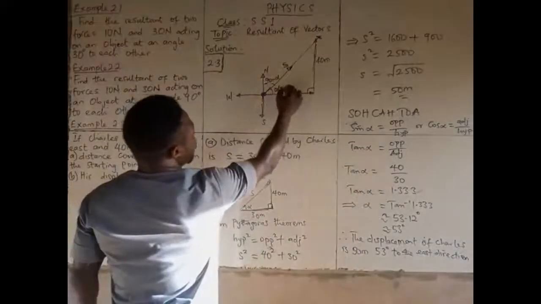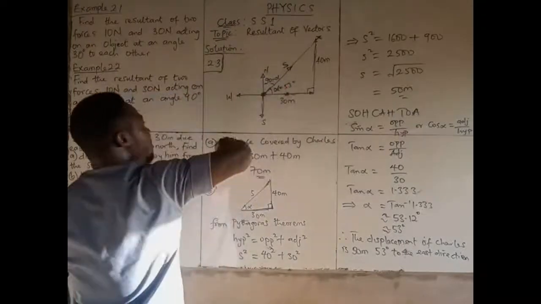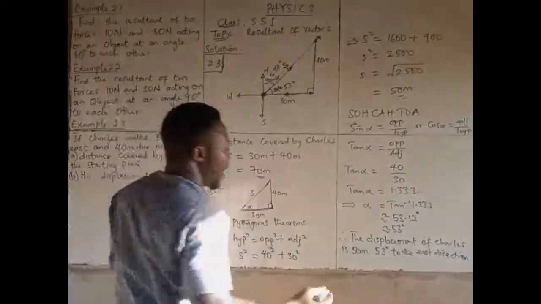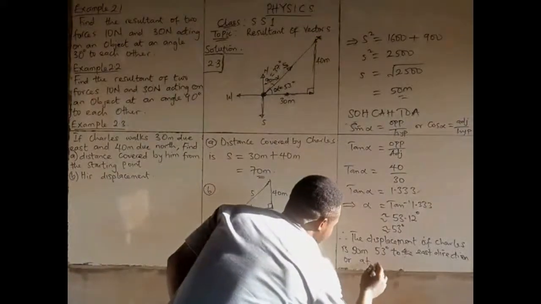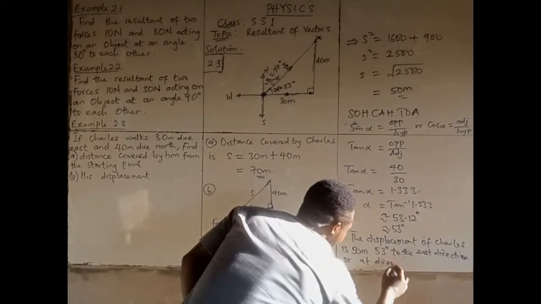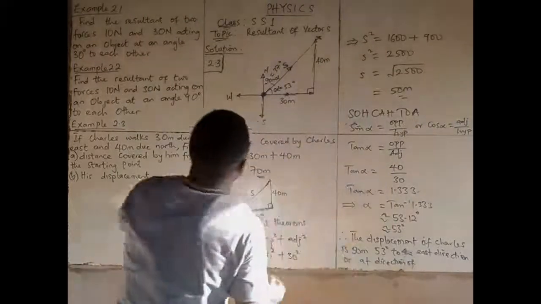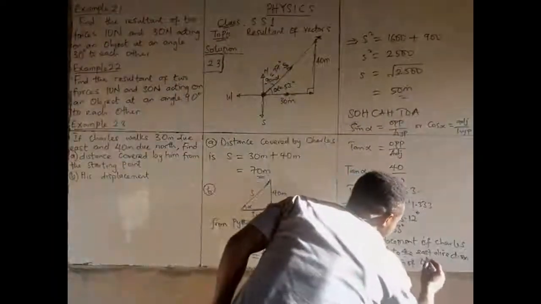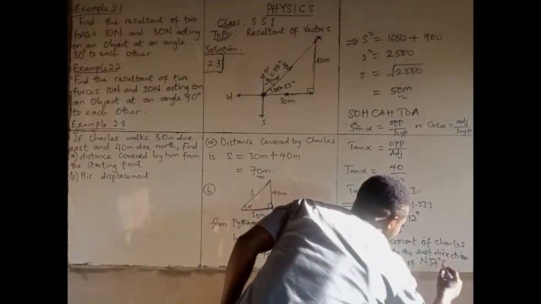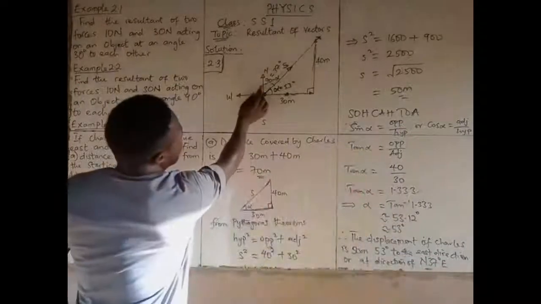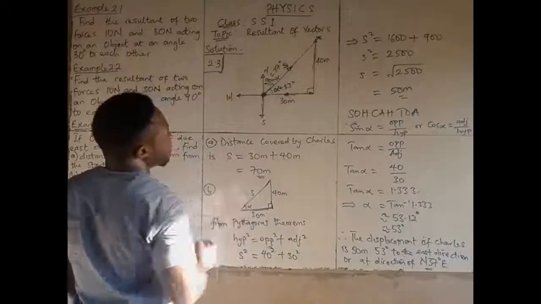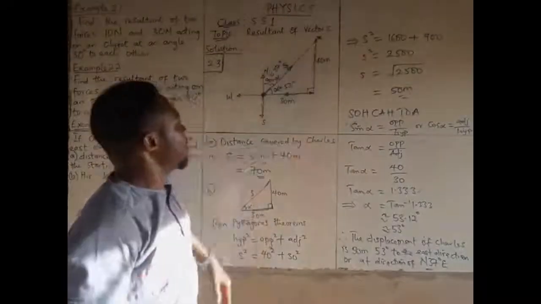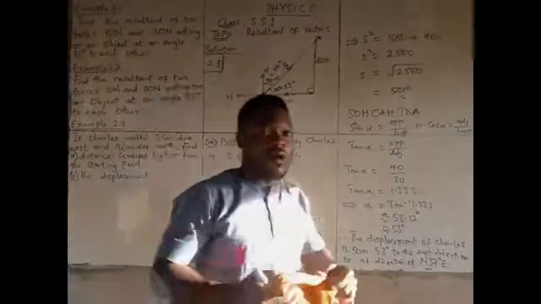Or if you want to use bearing term, it means that the angle here is 53 degrees, and the remaining angle will be 37 degrees. So in bearing terms, we say 90 minus 53, which is 37, so it is north 37 degrees east, which means from north to east is 37 degrees. This means instead of the charge moving like this and like this, you just move like this, which is 50 meters instead of 70 meters. With this, we come to the end of today's